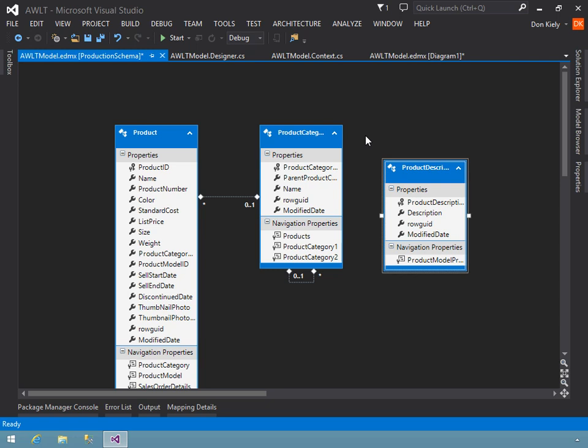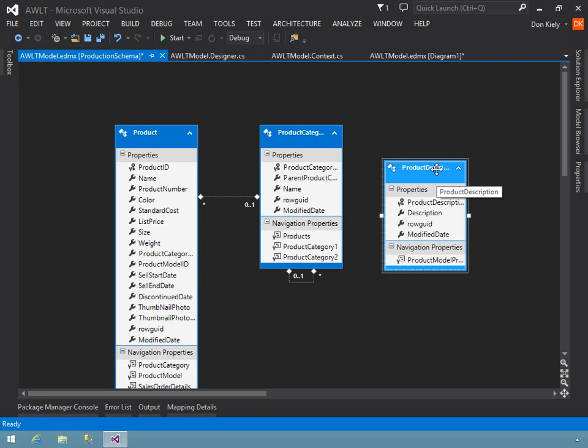I don't have to do a lot of scrolling. I don't have to use the thumbnail view. I don't have to spend a lot of time just getting from place to place. So much simpler. All right, now if I decide that, in fact, I don't want this entity on this diagram,